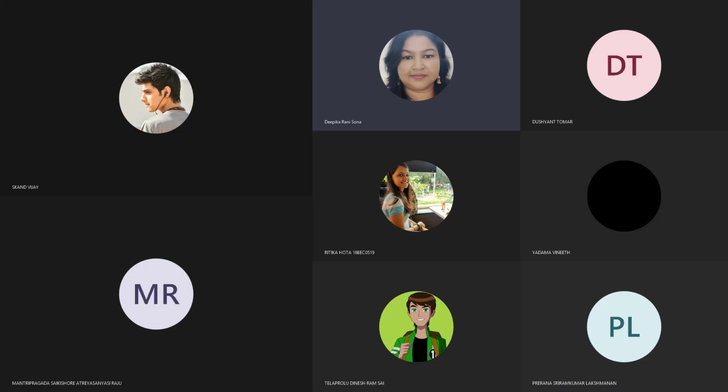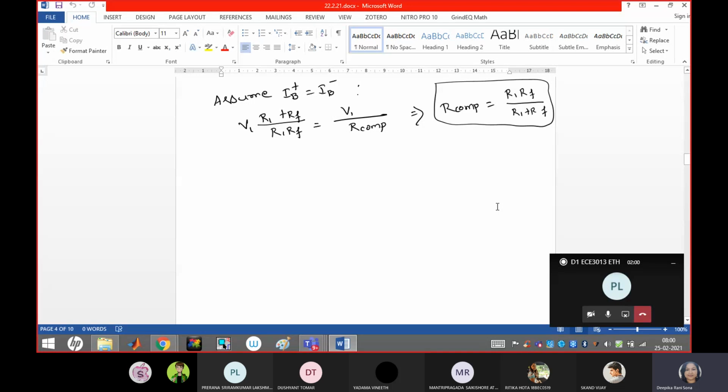Last class we have studied the DC characteristic of operational amplifier. In that we have studied differential gain, common mode gain, and CMRR. We have represented the output voltage in terms of CMRR. Then input bias current in the DC characteristic, we studied that. Then we found what should be the value of the RF if we are connecting that into the non-inverting input.